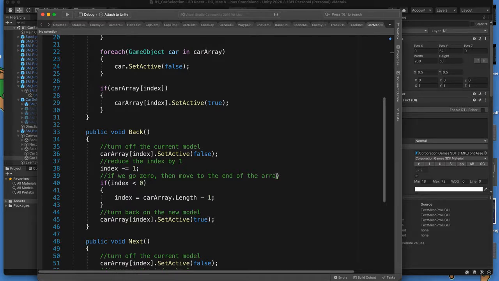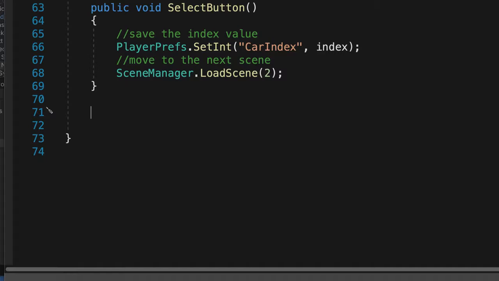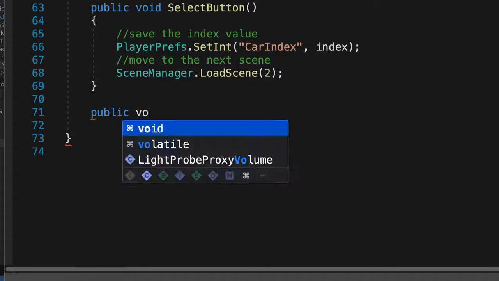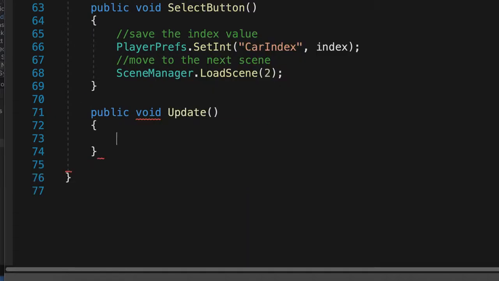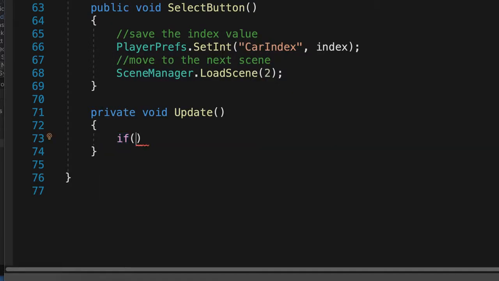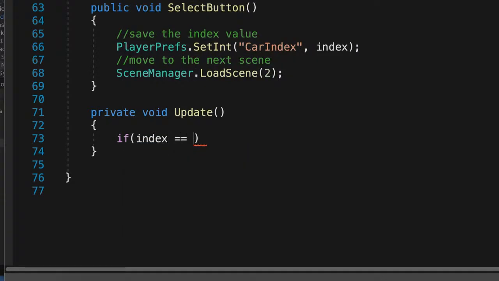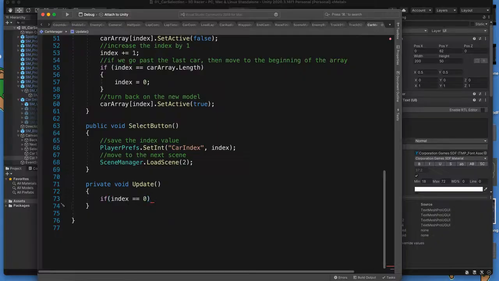I'm just going to simplify and do it a little less effective at the feature than I should, but I'm going to include it down here. So I'm going to go public void update, open argument here. Honestly, it could be a private void update. Let's just do private void. And I'm going to do a series of if statements. If the index is equal to 0, then